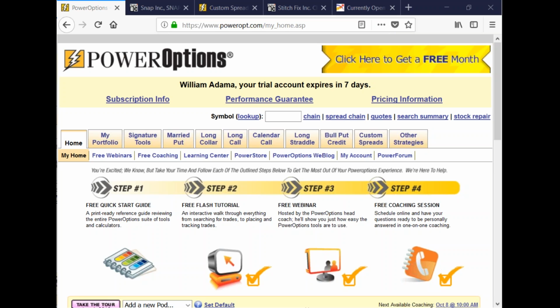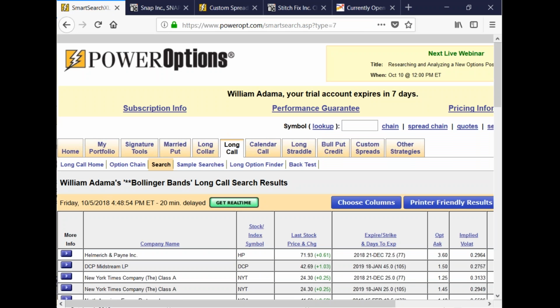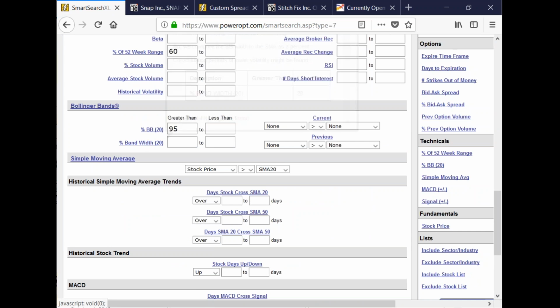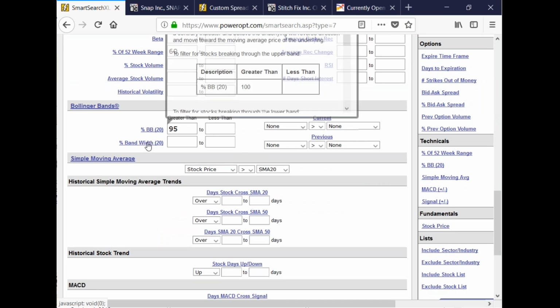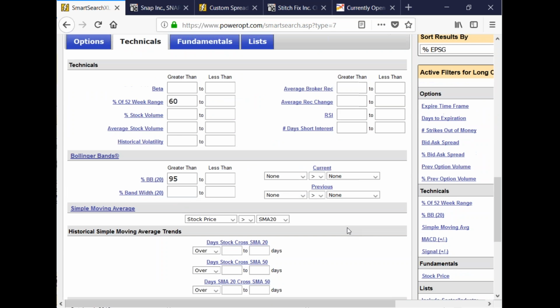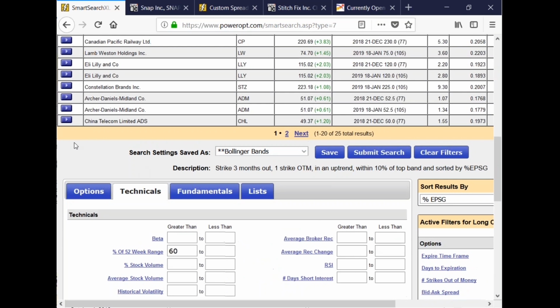There is a way to do it, but it's difficult, meaning I don't have a straightforward answer for you. I'm going to have to get back to you on that, write up a blog maybe, or send you an email, or talk about it in one of the next webinars. It's going to be a combination of bandwidth and Bollinger Band range with MACD, or bandwidth and Bollinger Band range with RSI. I'm going to take a look at some examples to see what settings, or I could be wrong and there could be no combination of those three. That's my first guess, that there's a way to manipulate those three to find what you're looking for.